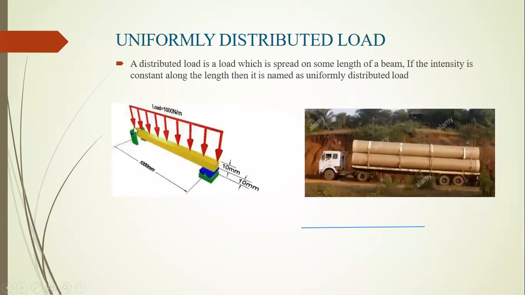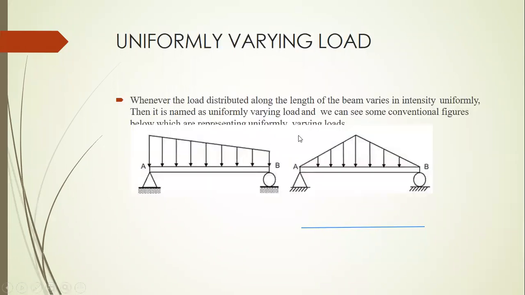Here, rectangular means length into breadth. Okay, length into breadth. Here, triangle means half into base into height. We have to find that out. Okay, half into base into height. So the intensity will be equal to half into base into height, and it will act exactly at the centroid. Yes, it will act at the centroid. You will come to know what the centroid is and how to determine it in the next module.